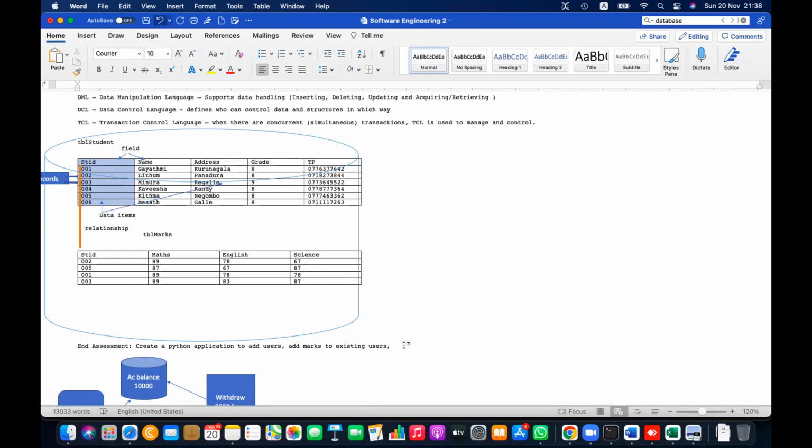Then search users by ID, search users by name, search users by average marks,